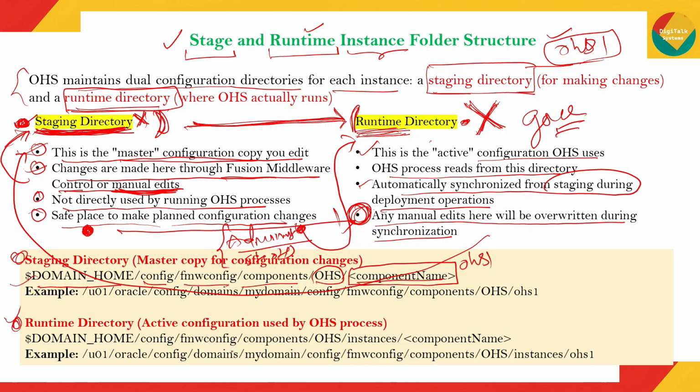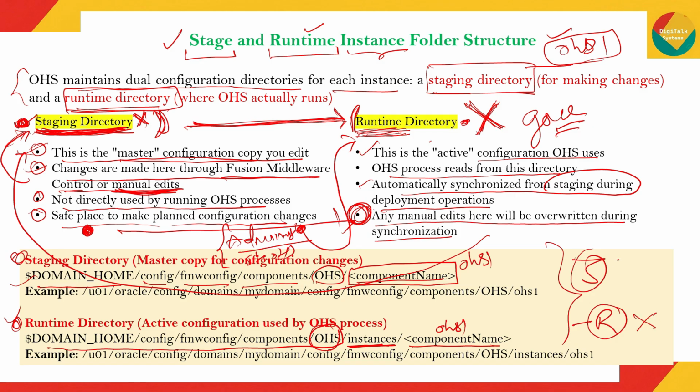And for the runtime directory, the path is almost the same until OHS, but inside OHS you will have an extra folder called instances, and then again the name of the component, for example OHS 1. So this is the path of the staging and runtime directories. Do not modify this runtime directory manually. Always make the changes in the staging directory, either manually if you are in the co-located domain,